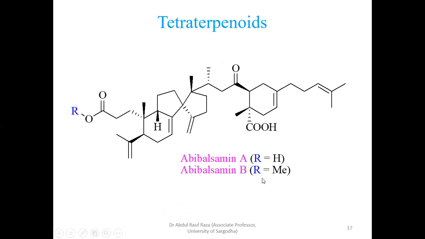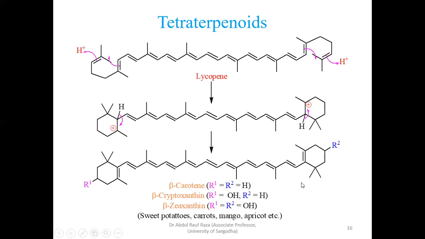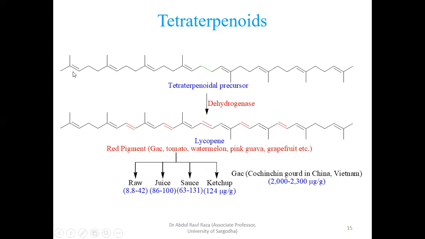The last one I am going to present here is also a tetraterpenoid. You see, previously I exemplified beta carotene, which is a little bit complicated, where just one ring has been formed. If you look at lycopene, the smallest one, this is the original. Dehydrogenation of five double bonds makes 11 double bonds in conjugation. The colorless pigment converts into red-colored lycopene.